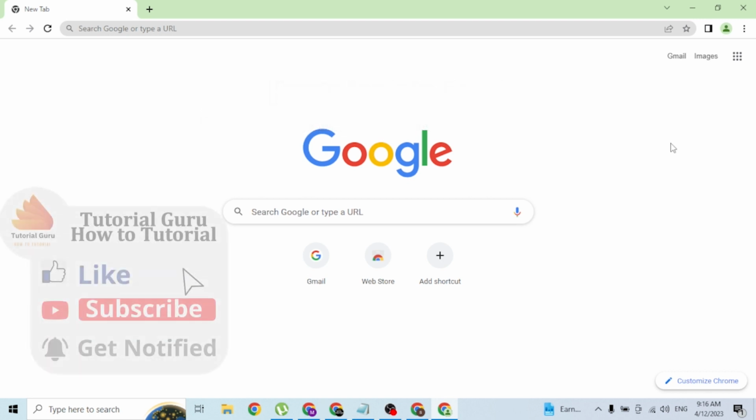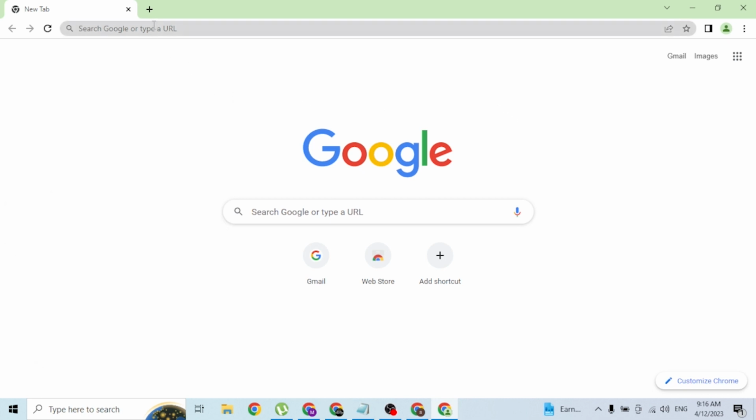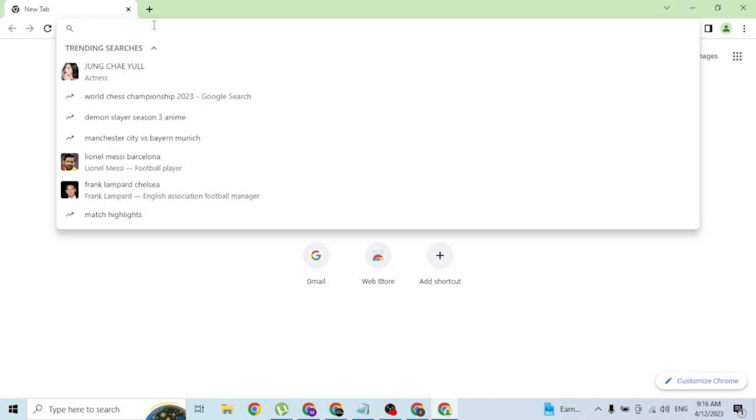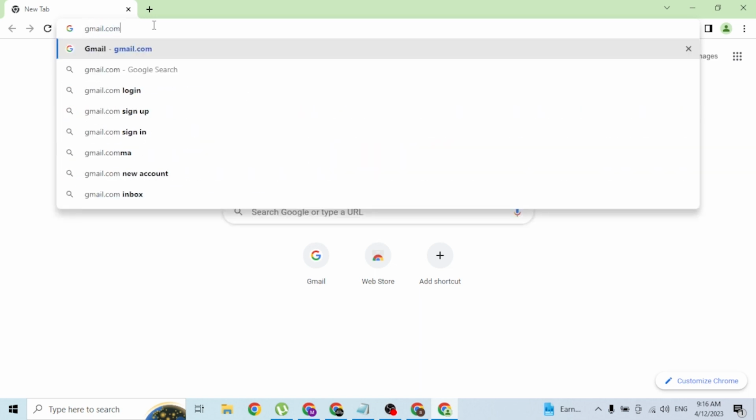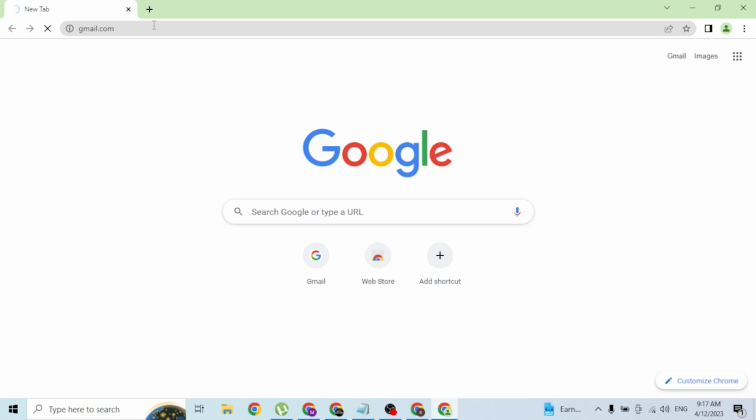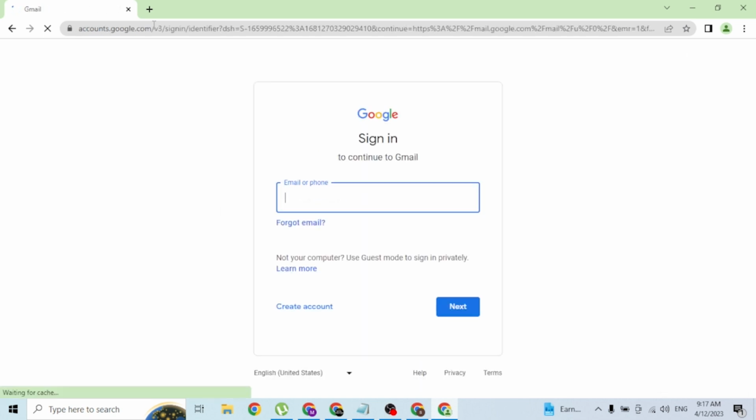Now to log into your Gmail account on your computer, first open up your preferred browser, as I've already opened Google Chrome. And in the search bar, click over there and type in the address gmail.com like this and hit enter, and then you'll be directed to the login page of Gmail like this,